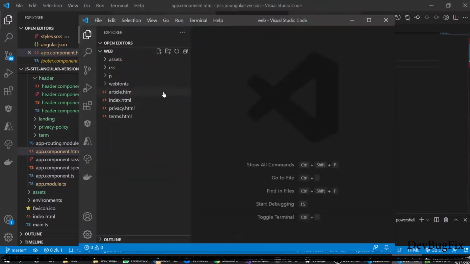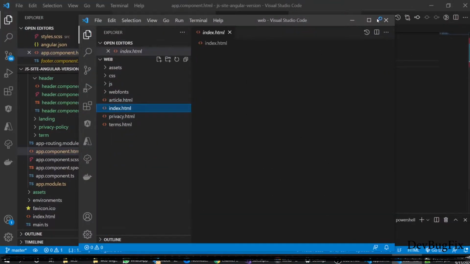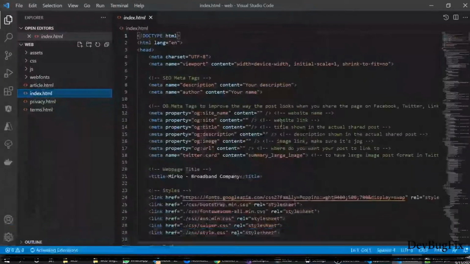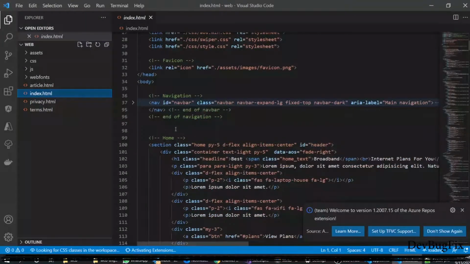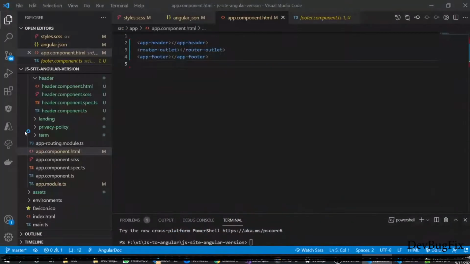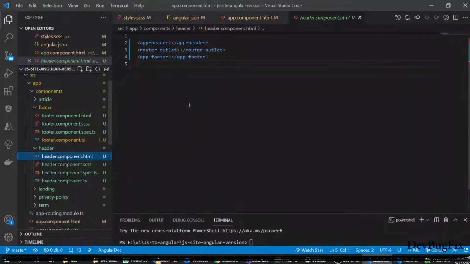I opened the JavaScript project in VS Code. First I will copy the header and then the footer. This is the header and I will copy this and paste it in the header component.